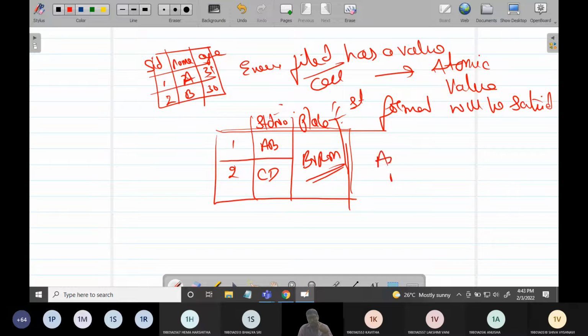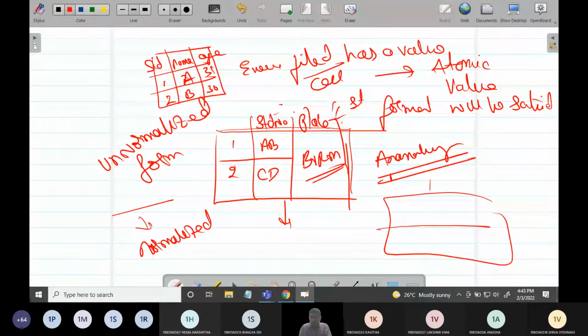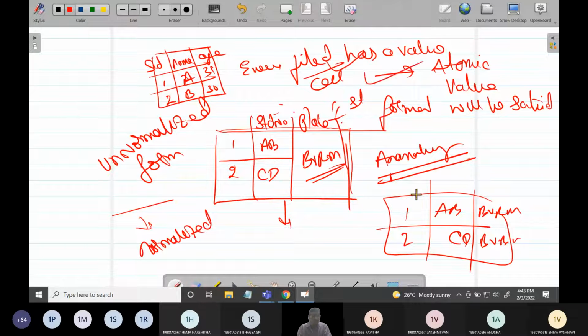Now you can say this is an anomaly, because I can't give Bhimavaram to a single cell. So this is what we call an unnormalized form, and this unnormalized form has to be normalized. To normalize, even though it is repeating content, I have to duplicate it so that every cell has one value. Then we are going to say it is